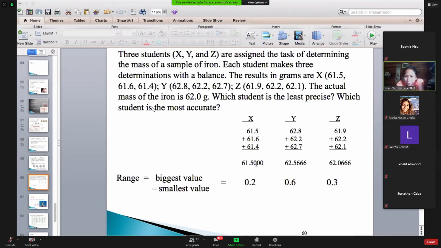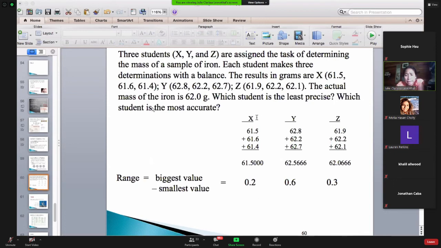And then what they did here is they got the average. So they added the 3, divided by 3. Student X got an average of 61.5. Student Y got an average of 62.566. Student Z got an average of 62.06. The range, meaning the difference of the biggest value minus the smallest value, is